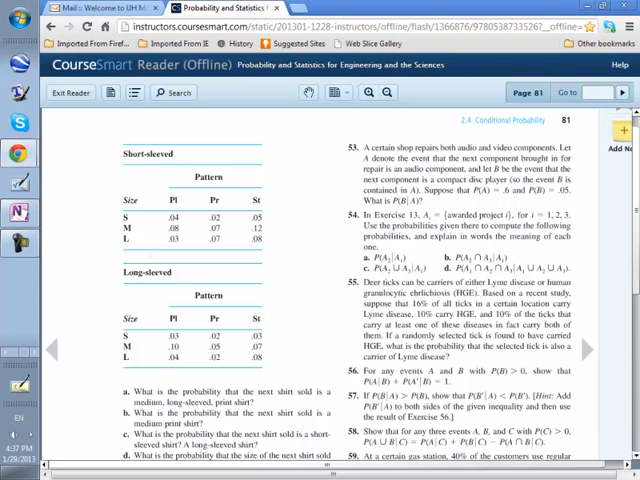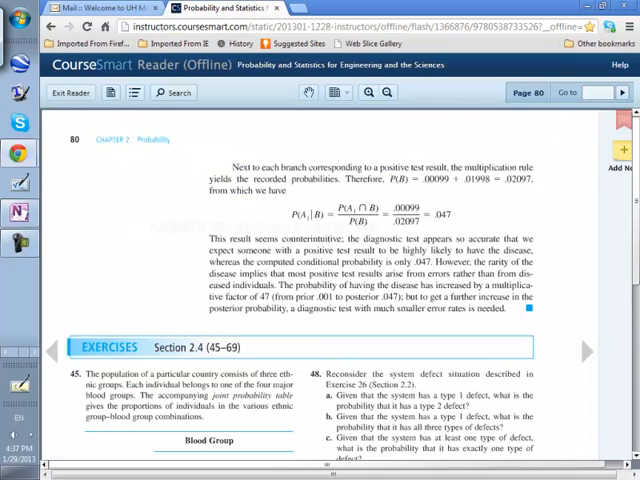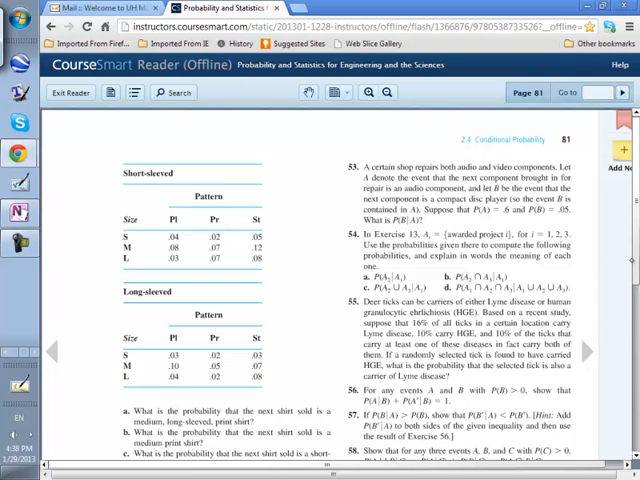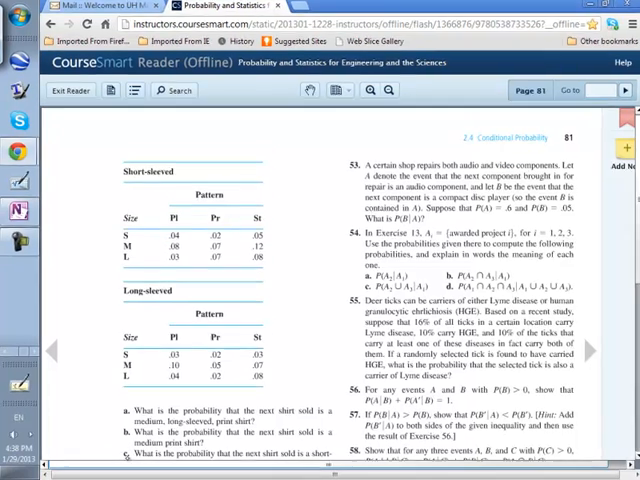Now, what does it mean? The problem says precisely the following. The accompanying tables give the proportions of shirts sold in the various category combinations. So what does that mean? Category combinations. If I call event A that the sleeve is short, event B that the pattern is plain or print, or the size is small, or the size is medium,